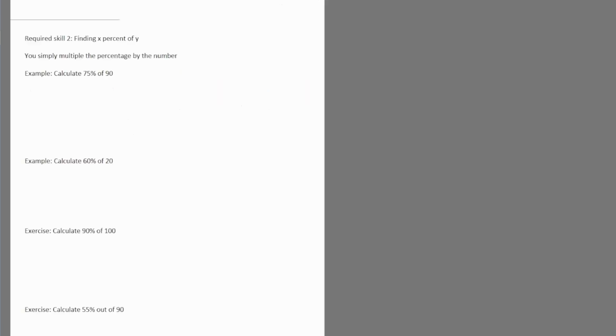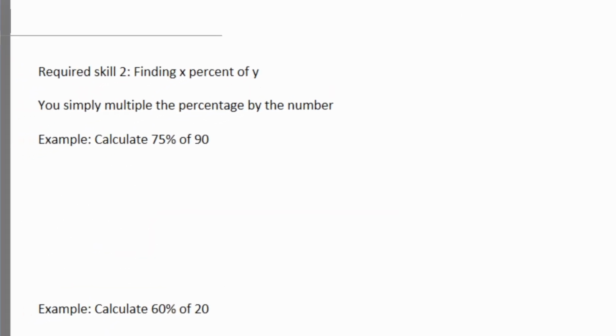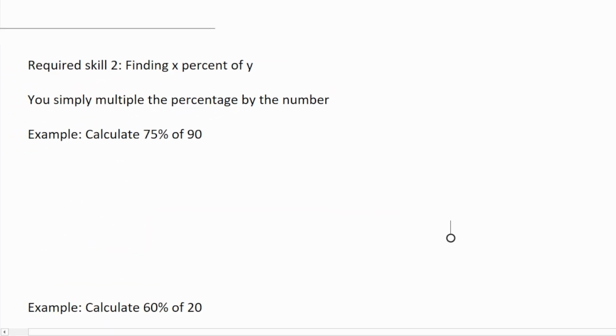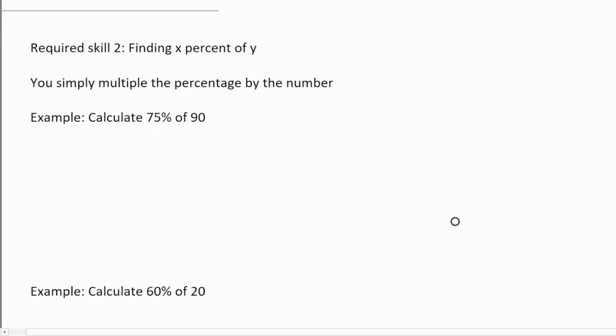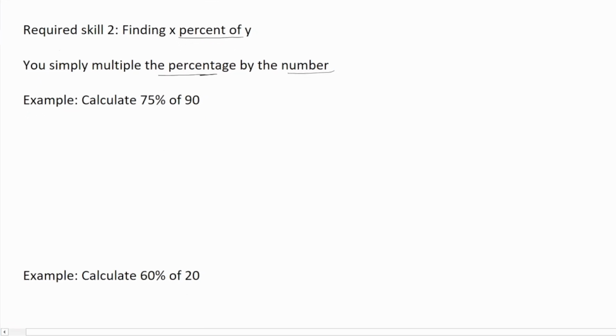Now we're going to move to the required skill 2. That is finding x% of y. Okay. Now the way to do this is you simply multiply the percentage by the number. So for example, calculate 75% of 90. So you just write out 75% multiplied by 90. And then you plug this on the calculator and you will get